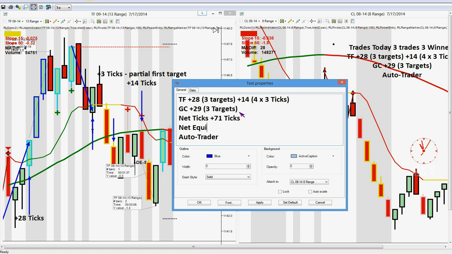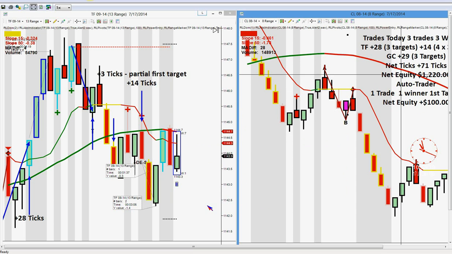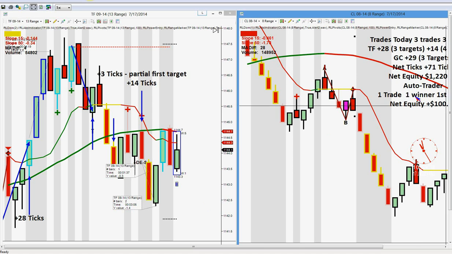And net equity, $1,220. That's our day. It was a little bit of an early day. We only traded for 2 hours. But when you get 2 30-tick moves, that really,